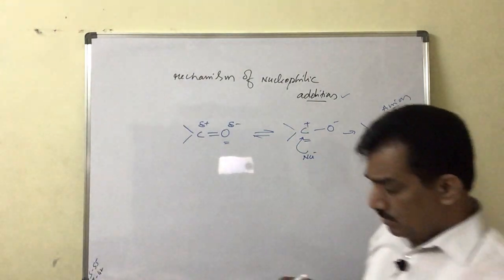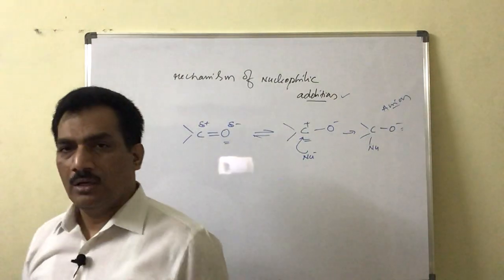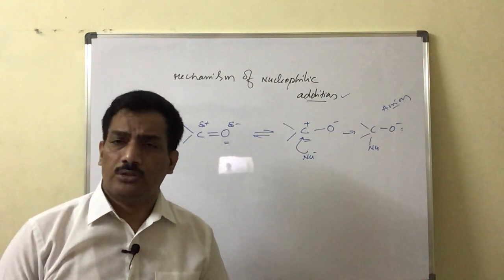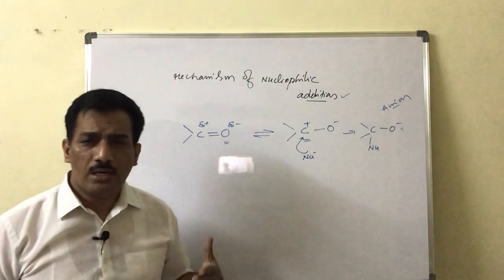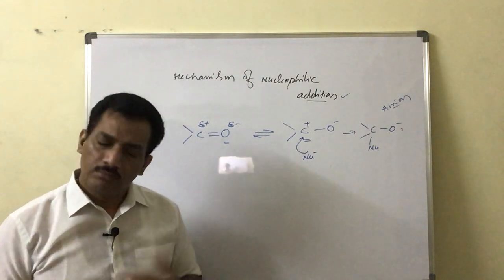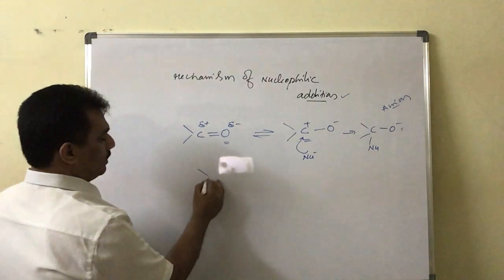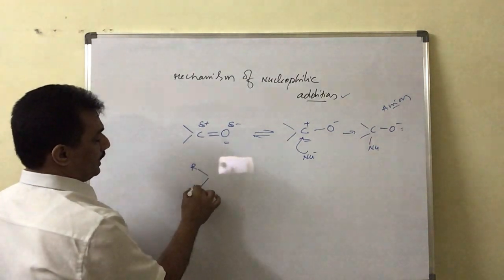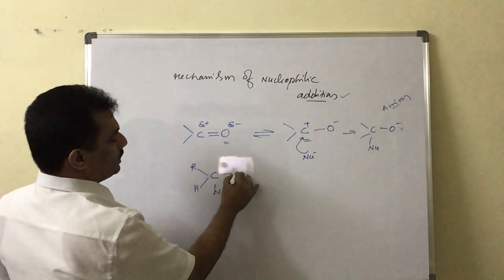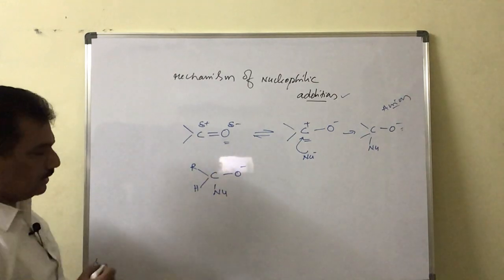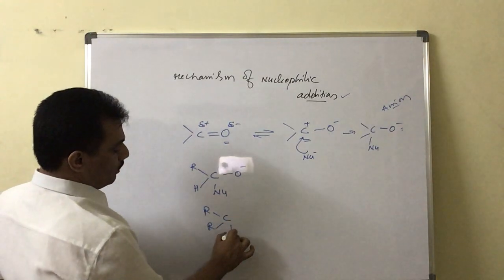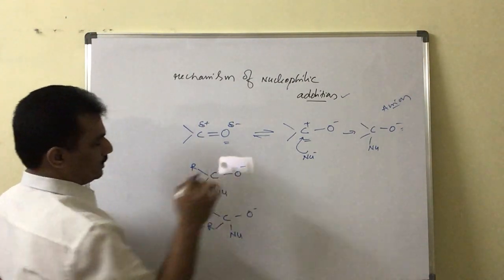Now the question is, okay, the nucleophile is attacking, then why should it be addition? Why not substitution? That means, why is it not a displacement reaction? Why only an addition reaction? Let us observe this. Here this is RH, for example an aldehyde, and here the nucleophile is added and O is now getting a minus, is it not? And in case of a ketone, after the addition of the nucleophile, this is O minus.